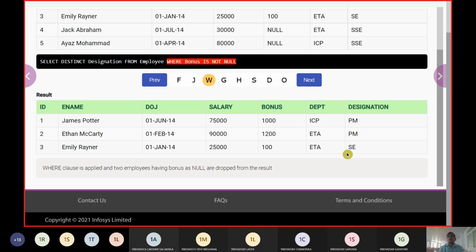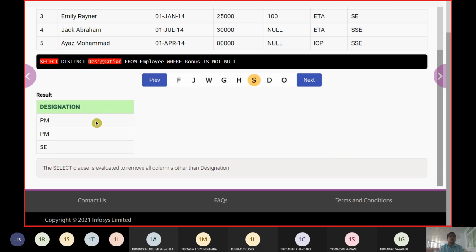There are three records. In these three records, PM is the duplicate value. So obviously, it removes one PM and gets the final answer. But before that, it has just taken up PM, PM, SC.